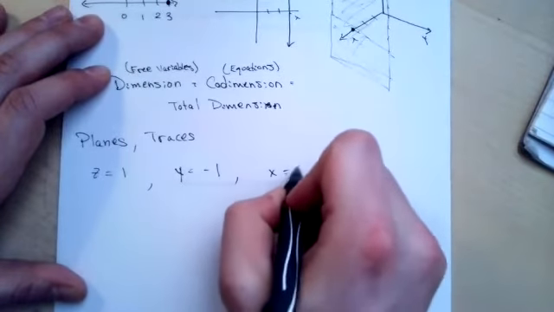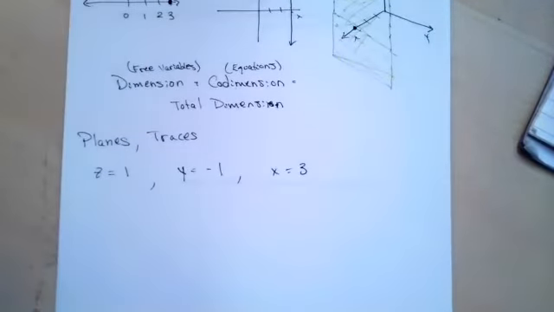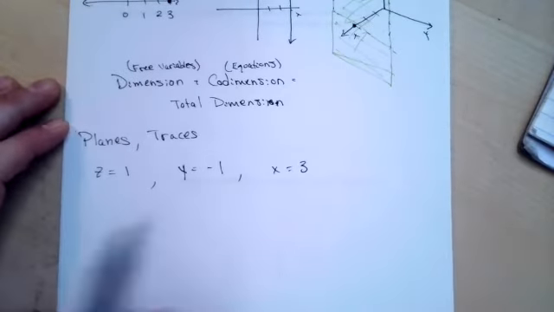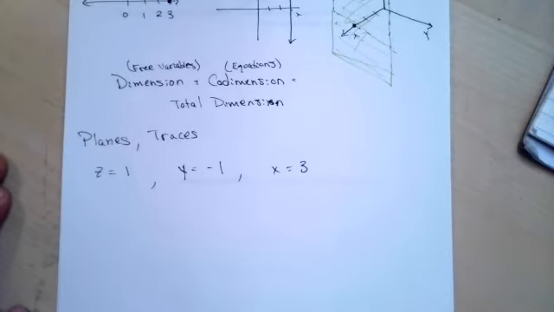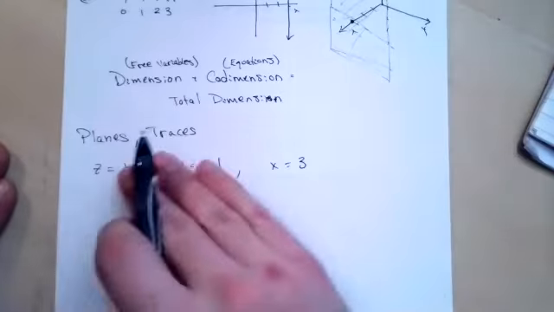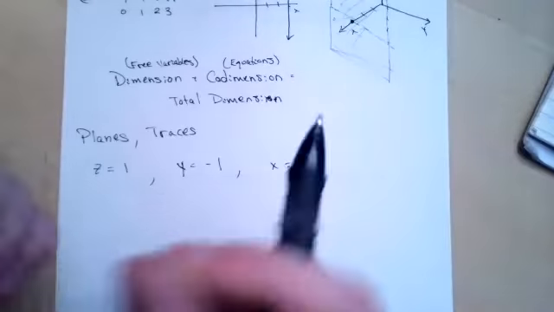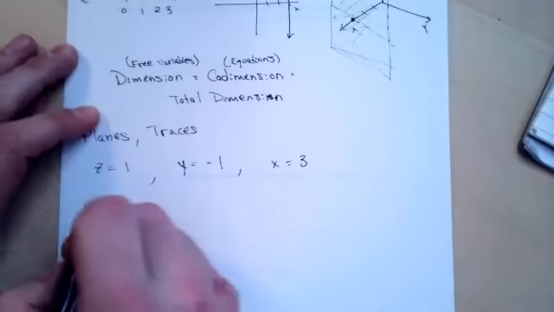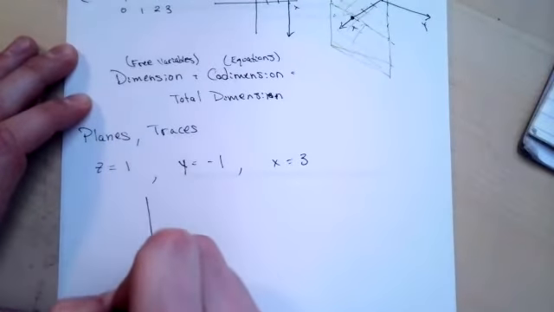And we already saw something like x equals 3. So a common graphing technique, which we'll get into, is picking a constant value for one of the variables. Essentially what this amounts to is taking a plane and then slicing your object and seeing what kind of curve results. So for example, z equals 1,